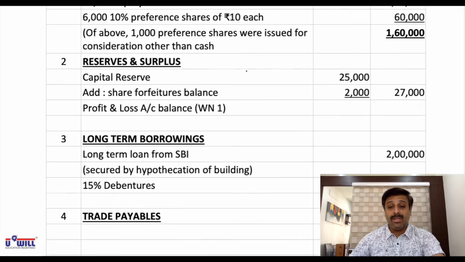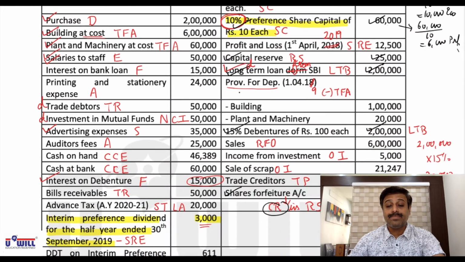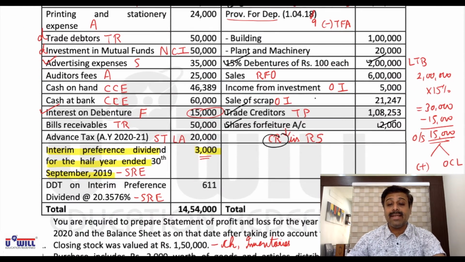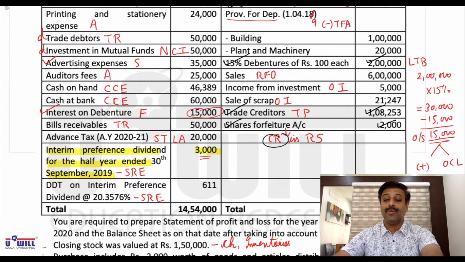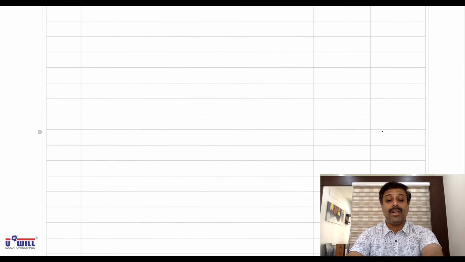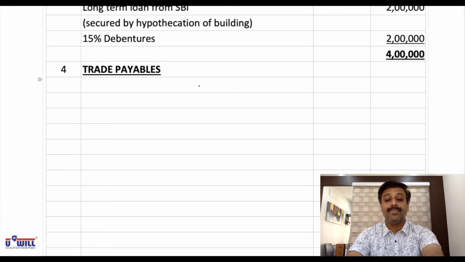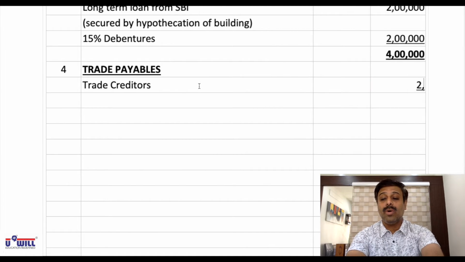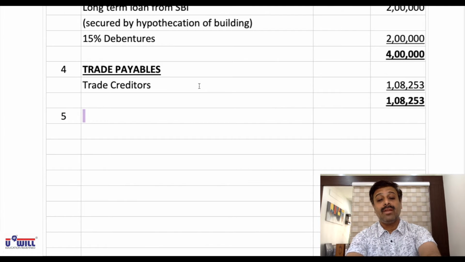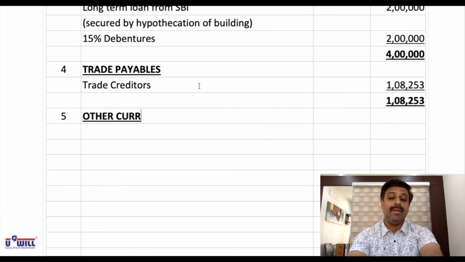So trade payables, all of you look at it. Trade creditors are there of 1,08,253. Trade creditors 1,08,253, and total also 1,08,253. Then after trade payables, we have other current liabilities,